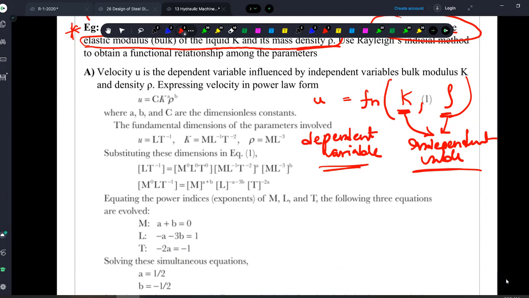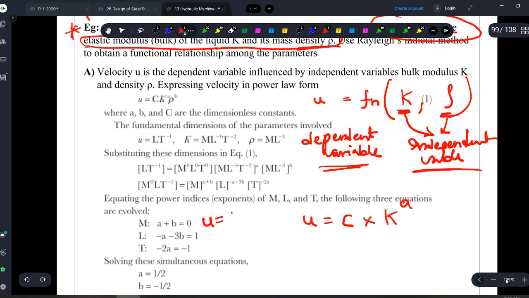उसके बाद क्या करना है? You can write an equation for it, right? U is equal to a function of k comma rho. So what I can write is u is equal to some constant c into k to the power of some exponent, because I don't know, it is a function of k and rho. It could be cube root k into rho, it could be fifth root k into fourth root rho. I don't know the exact relationship. I just know it is dependent on k and rho. So I am raising it to some exponent a and I will find out the value of a later on. ठीक है, and rho to the power of b. बस आंसर खत्म. ठीक है, so 90% of the problem is done here itself in the first step.